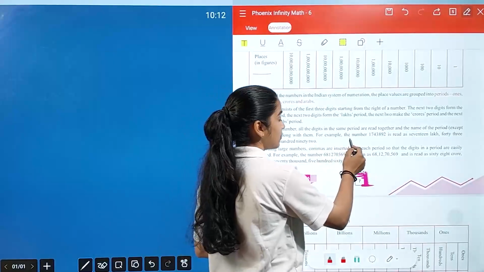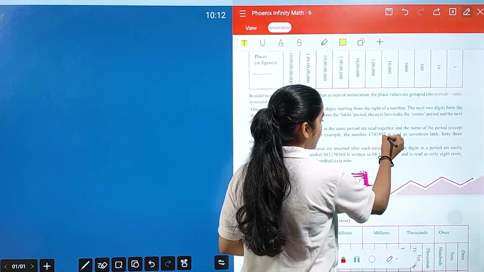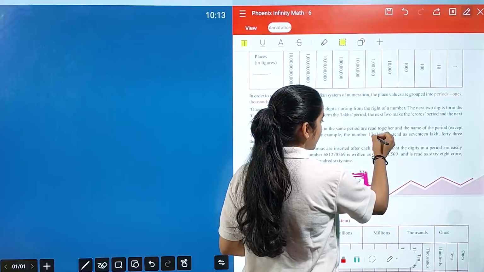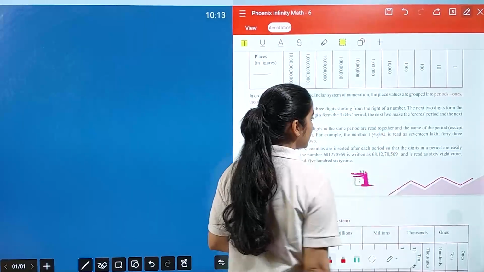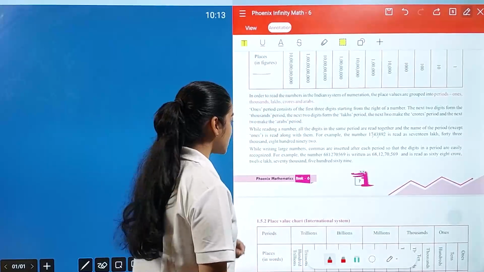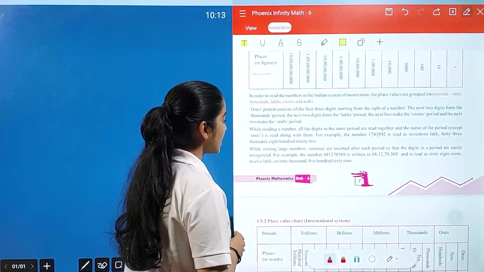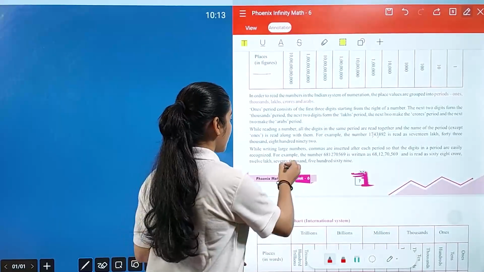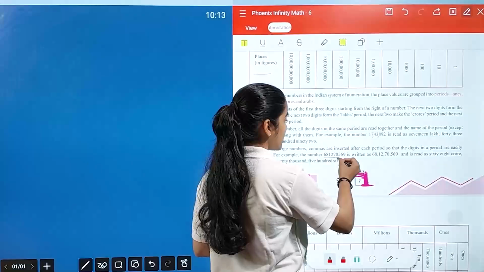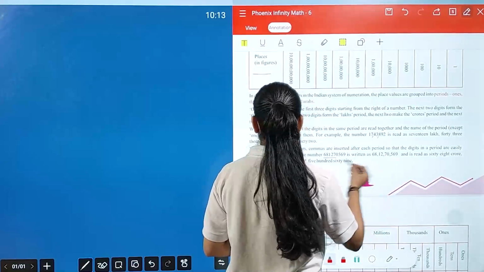For example, for the number, first we have to count 1, 2, 3, 4, 5, 6. So 17,43,892 is read as 17 lakh 43 thousand 892. While writing large numbers, commas are inserted after each period so that the digits in a period are easily recognized. For example, the number is written as 68 crore 12 lakh